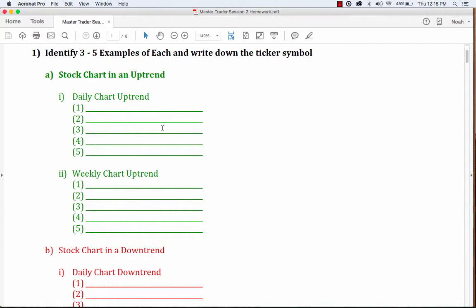I don't really care what stocks you pick. I would suggest you make sure they're over $10 a share at a minimum. And then as far as how expensive they get, that's up to you. I'd probably keep them under 200 bucks, maybe even $100 max. And then I would go in and look at the daily chart and the weekly chart and identify the trends